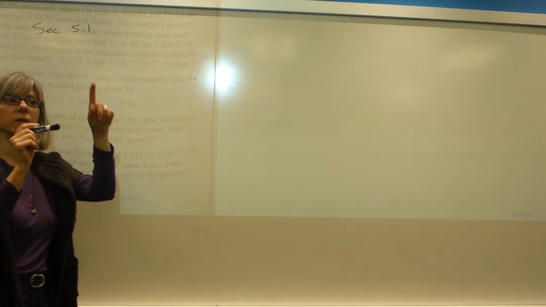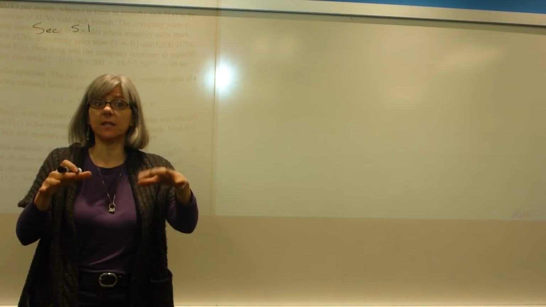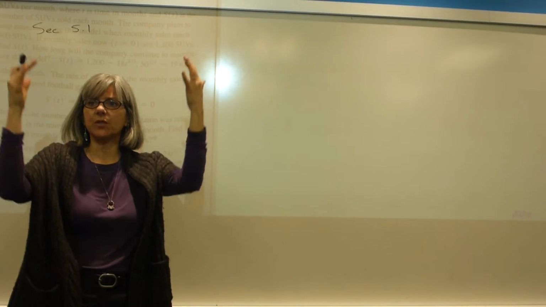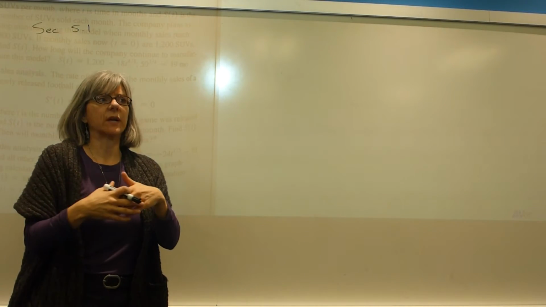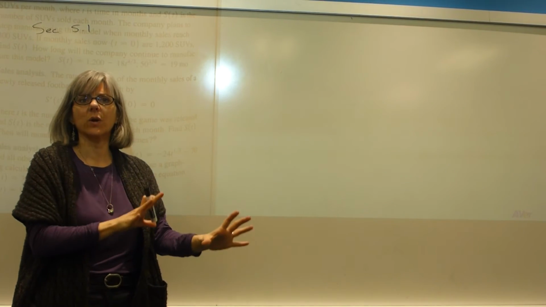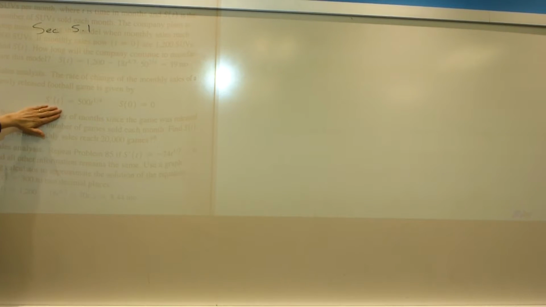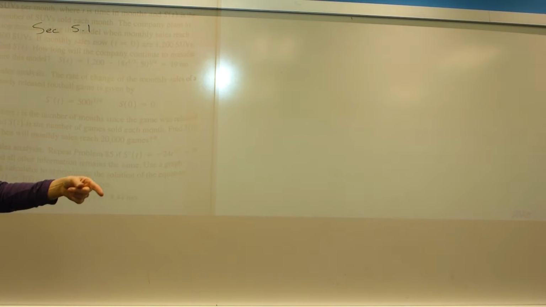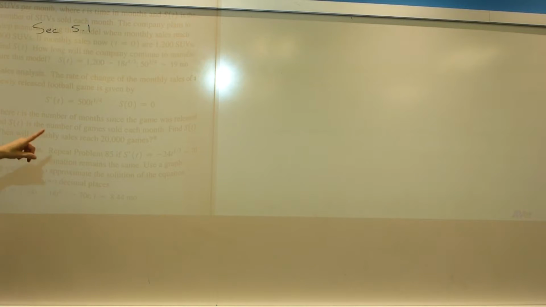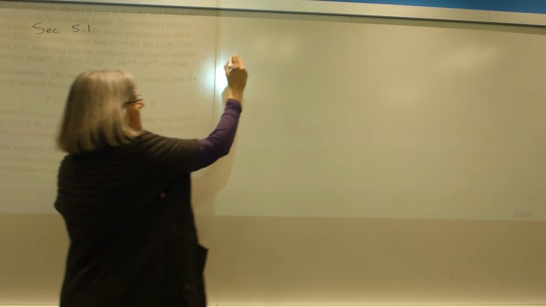Some people do write down everything that it's given as they read. My suggestion is read through the problem first, figure out what you're trying to find, because that's going to tell you how to organize the information you're going to write down. So if we read through this, we're given S prime, where t is the number of months since the game was released. S of t is the number of games sold each month. Find S of t. So we are trying to find